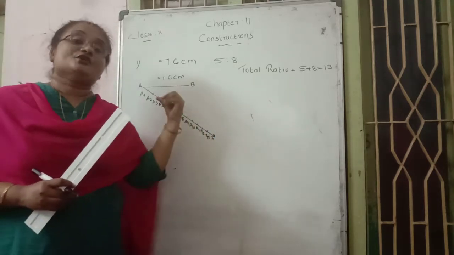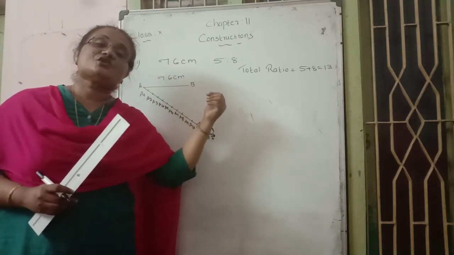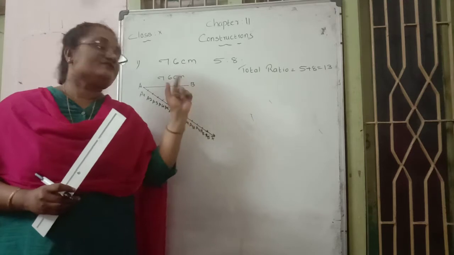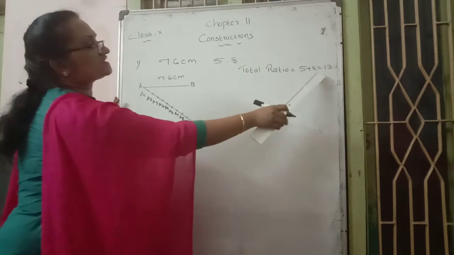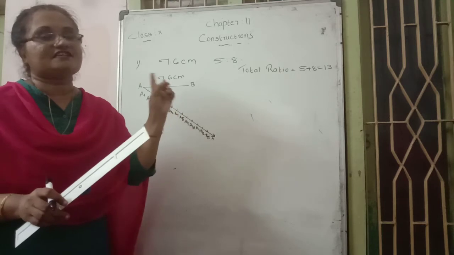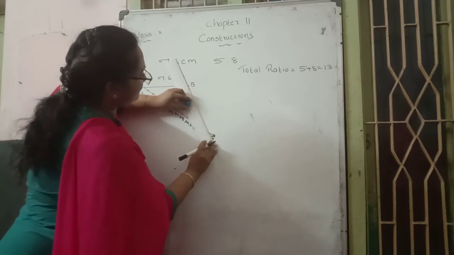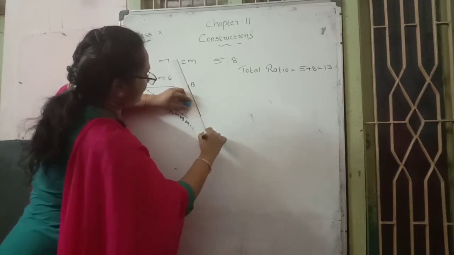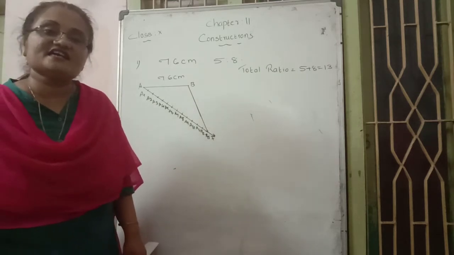What is our aim? Draw a line segment, divide it in the ratio 5:8, and find the measurements of the dividing parts. To divide, first we join B and the total ratio point, which is 13, so A13, the 13 centimeter point. So we simply join B and A13 like this.